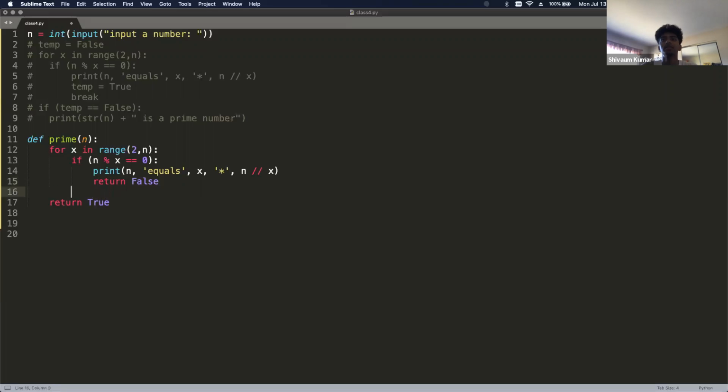So if I were to say over here print x, or print n or something, these lines would not even execute, just because it's already returning. These lines would never get executed. And then the reason I have this return true outside the indentation is that if it goes through this entire for loop and never returns false, then that means we found a prime number. So we just want to return true. Does that all make sense, guys? Any questions on that?